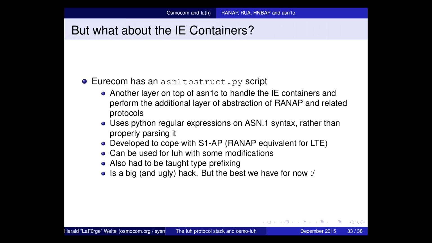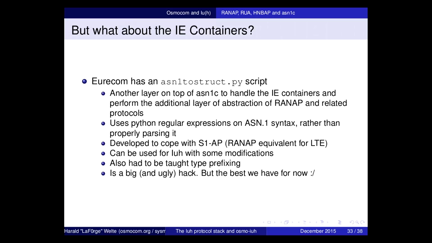Type prefixing is done. Now we have the information element containers. EURECOM has another idea about this. They have a long Perl script. I recommend you not to look at it. It consists of a never-ending sequence of regular expressions, basically grabbing out certain parts of the ASN1 syntax without really formally parsing it or lexing it or tokenizing it.